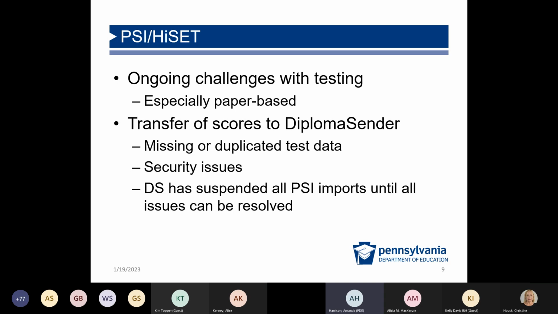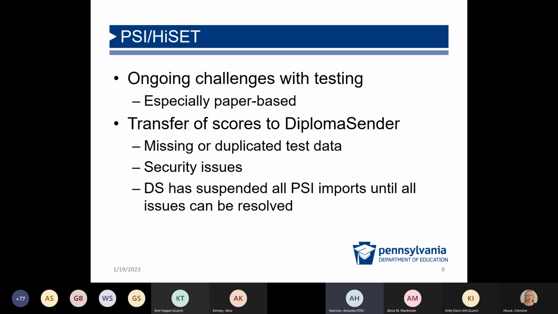In some cases, scores from historical tests were coming over incorrectly, so it was showing up in Diploma Sender as someone who had already passed, in fact, did not have a passing score. In some cases, tests were being duplicated, and so it looked like a person had taken more tests than they were allowed to take in a calendar year.